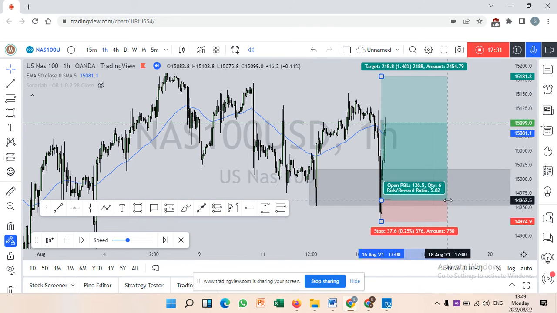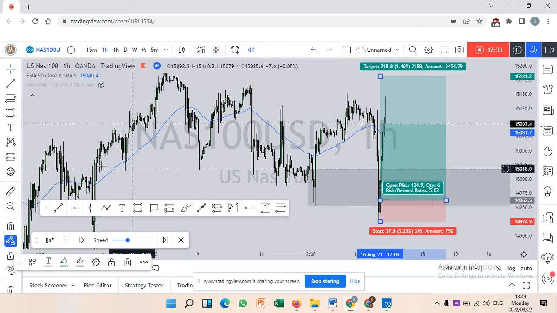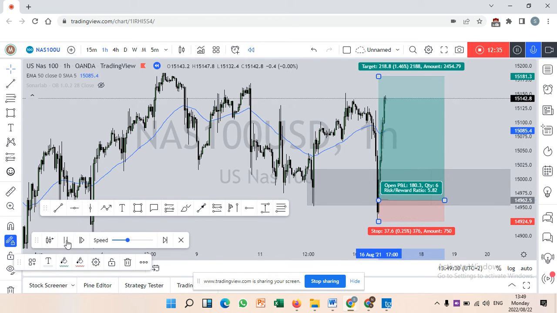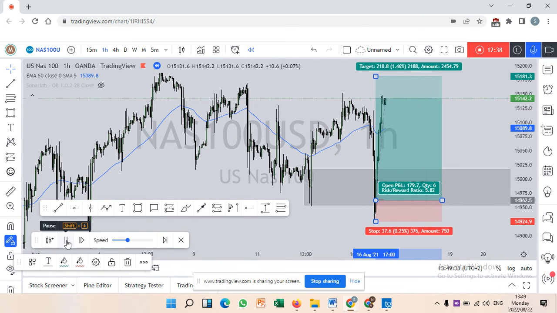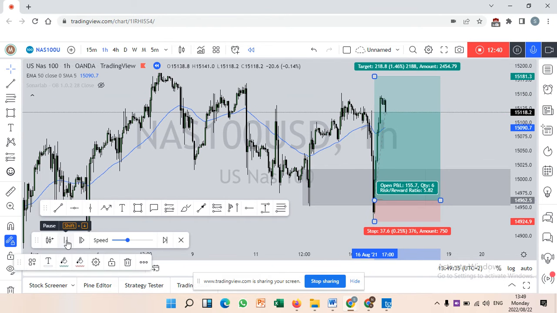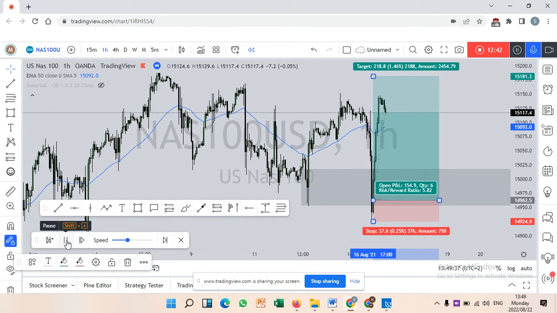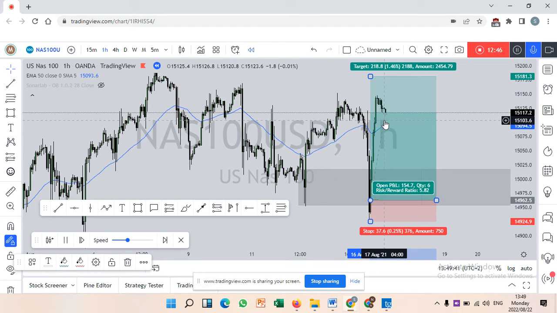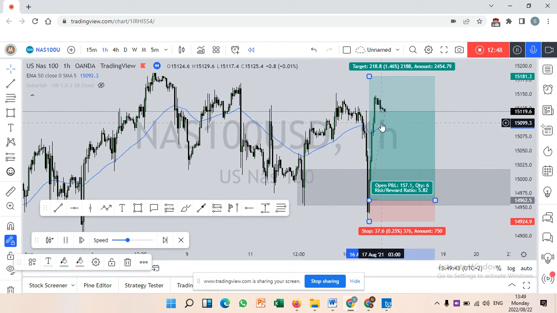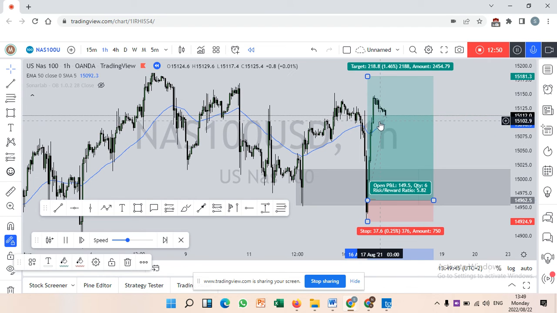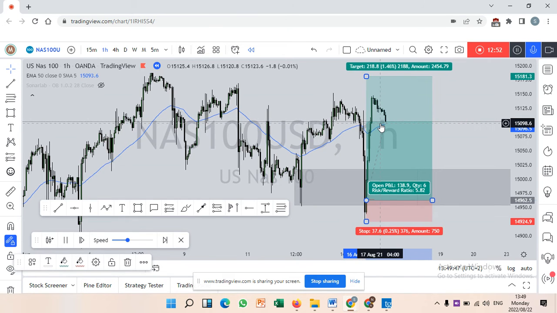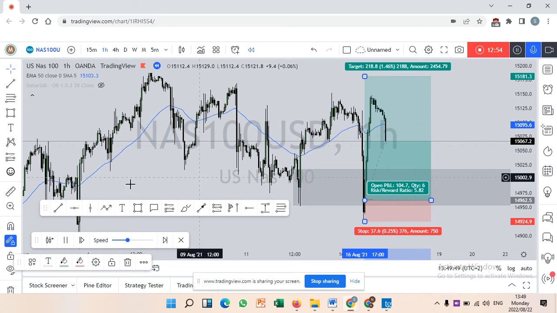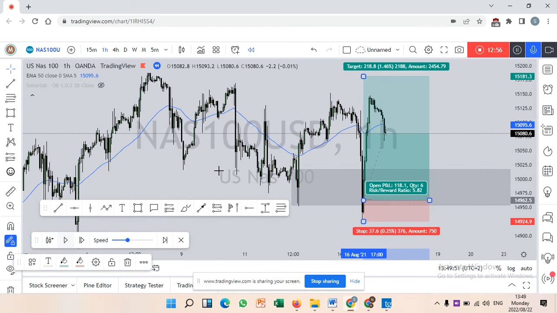Let's see. Because now we're just holding the buy. Now, there might be a reaction at this point. There we go. It just broke below a recent low right here. So if it does break below this candle, I will close the position because it does seem like it will be reversing. And there we go. So we closed at around